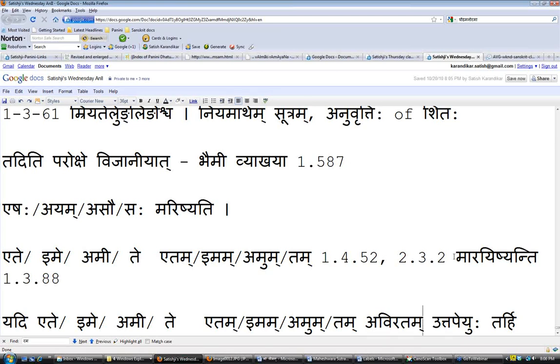Okay. Otherwise, if you cannot do that, then you have to convert the marayishyanti. You can convert that also to a vidhiling form. What will that be? Marayeyuh. Marayeyuh. Yeah, I think it may be Marayeyuh, because the karta is the same, ete, vidhiling form. So Marayeyuh. Let me see what I did in my thing when I had this.